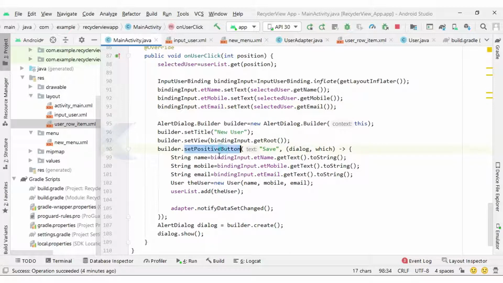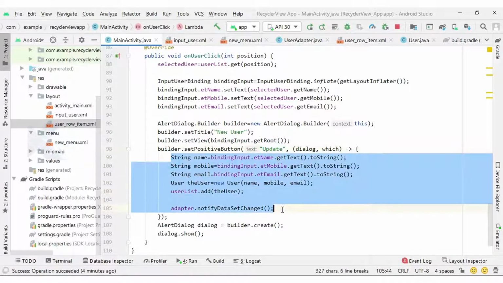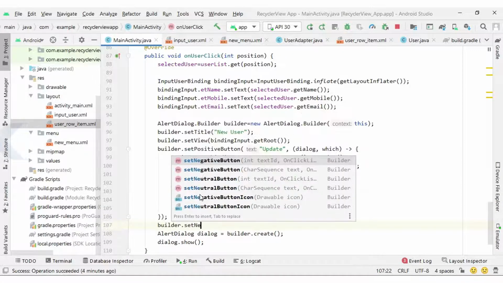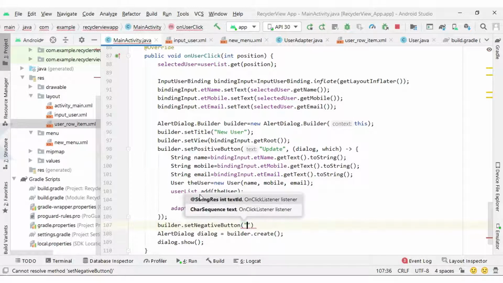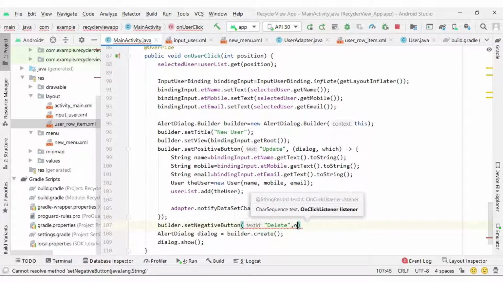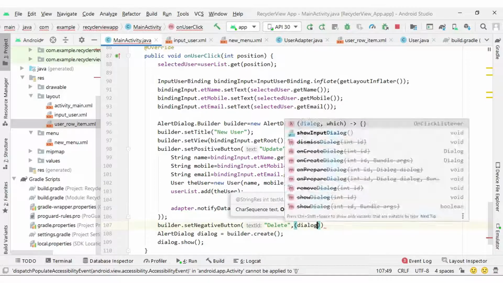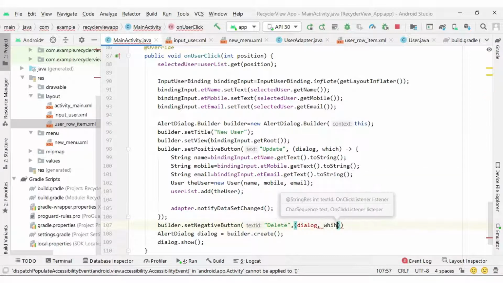Next, inside the positive button I want to show update, so I am going to write the update code here. One more button we will have, that will be builder dot set negative button, let's have delete, and again we will have dialog comma, with a lambda expression handling the events.